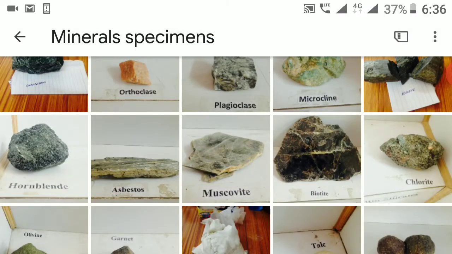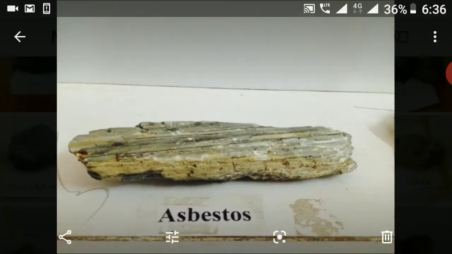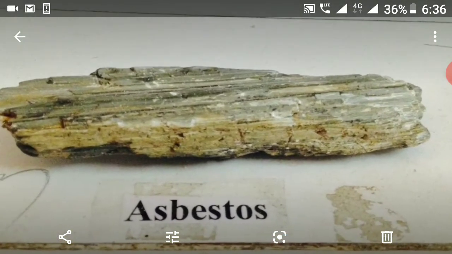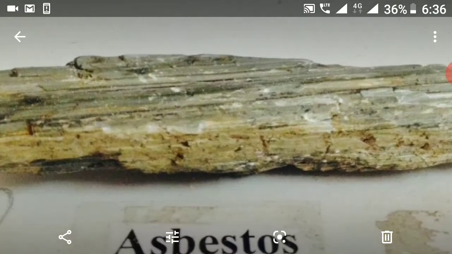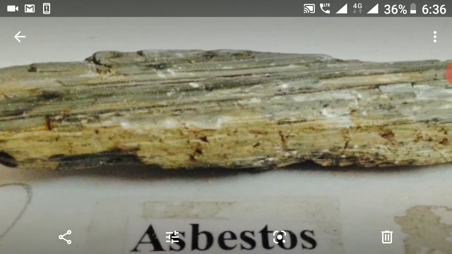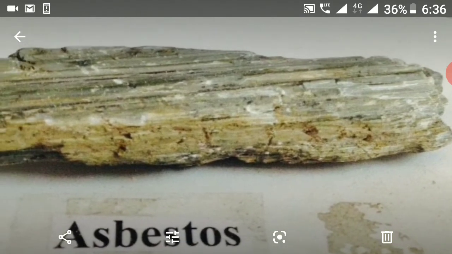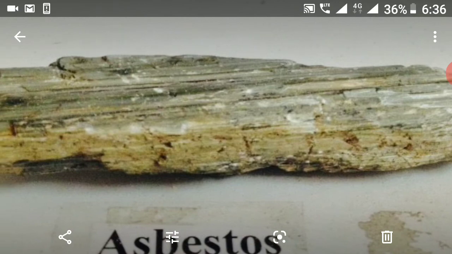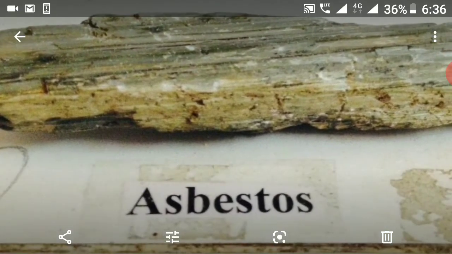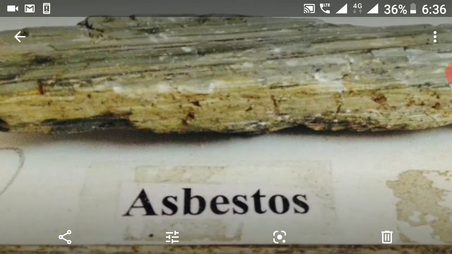Example, asbestos. Asbestos is the best example for the fibers. Dear students, you can see the fibers in the asbestos. The line-like structure you can see in this, those are the fibers you will find in asbestos.